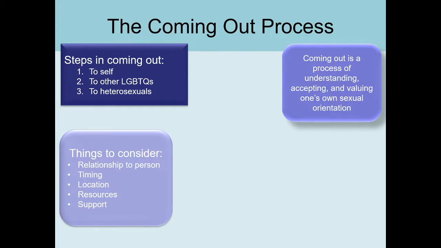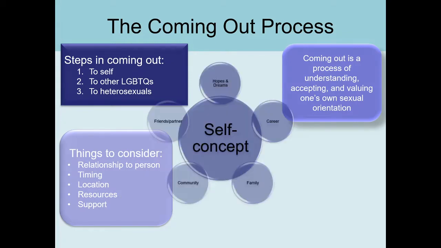Other kinds of support, for example, a lot of times young people are worried that they have no other place to live besides with their family or with the people that they're living with right now, that if they were to reveal this about themselves, the people they're living with might say, we're not going to support you anymore, like literally not support you anymore. And so there's a risk, right? So the person has to decide really when's the safe and appropriate time.